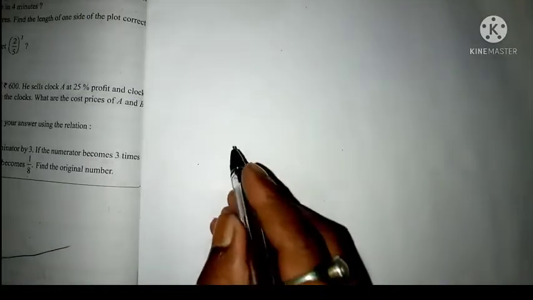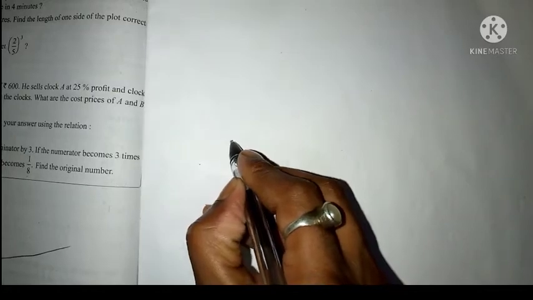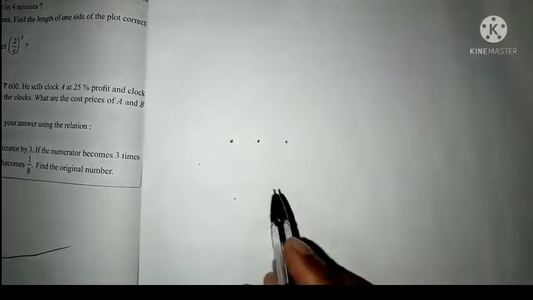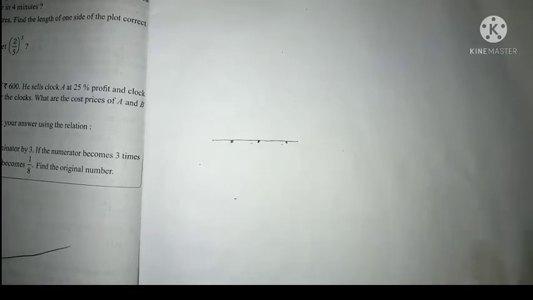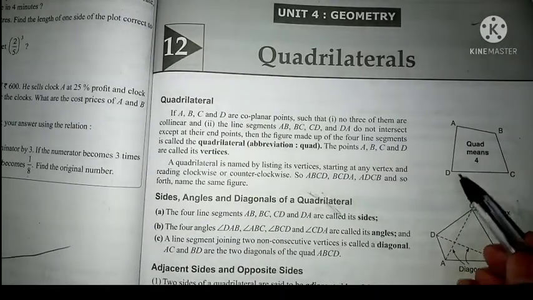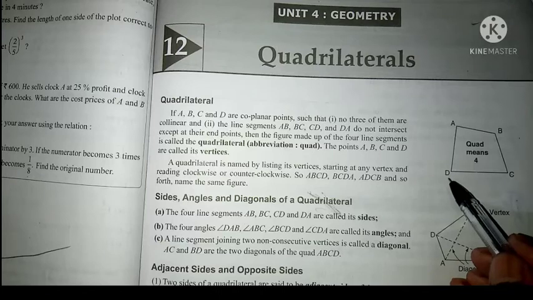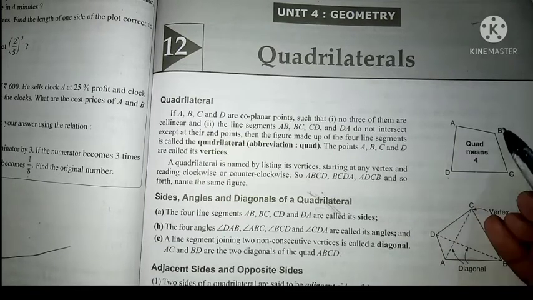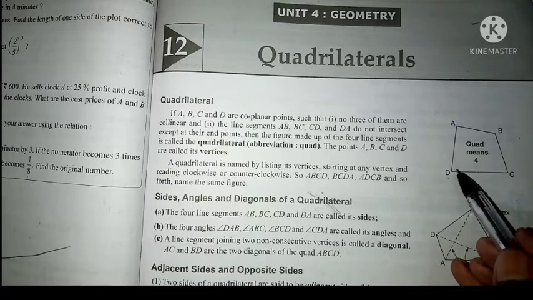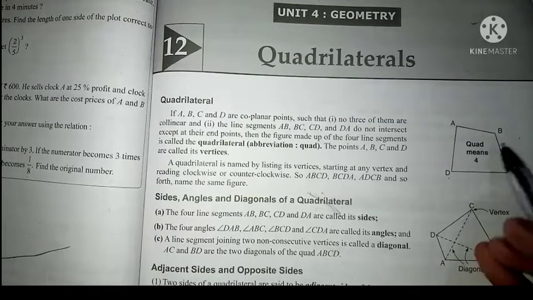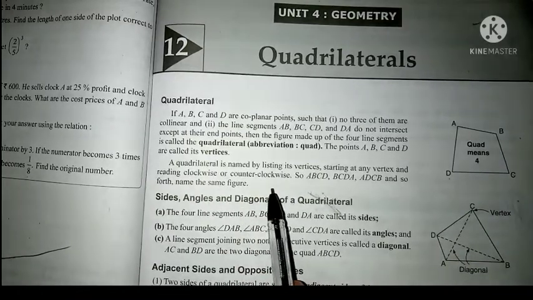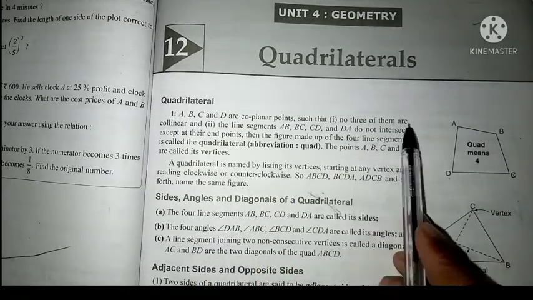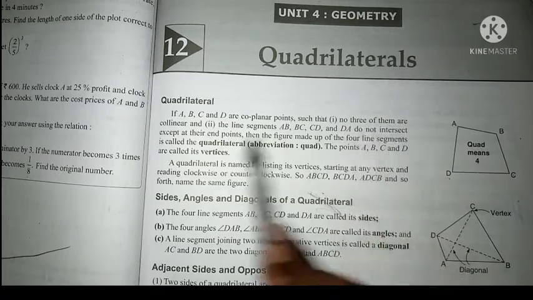Now see, what are collinear points? For example, if I have one point here, another point here, another point here, and through all 3 points I can draw a line, then these 3 points are called collinear points. Now you can see here we have A, B, C, D. We have 4 different points, but taking all these 4 points, or the 4 vertices, together, can you draw a line? You cannot draw a line. That's why these 4 points are called non-collinear, or as it is written here, no 3 of them are collinear.